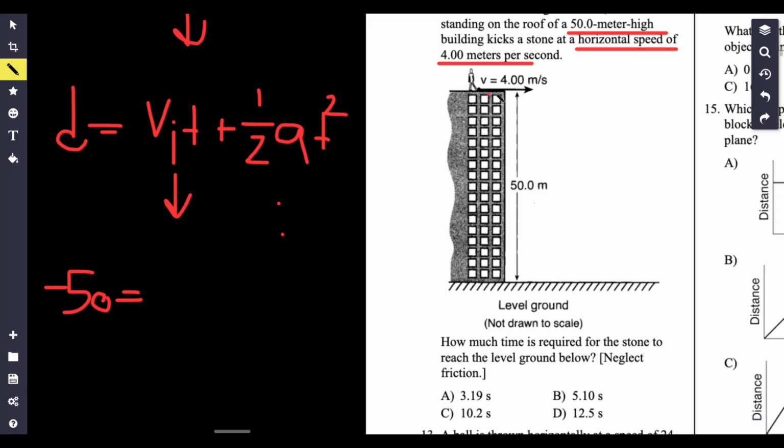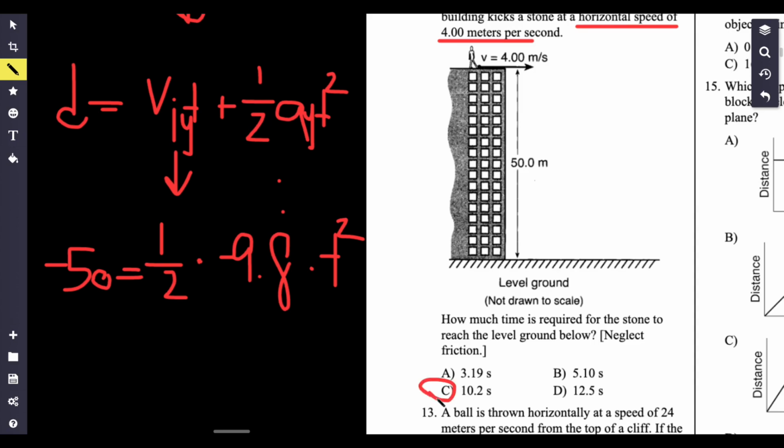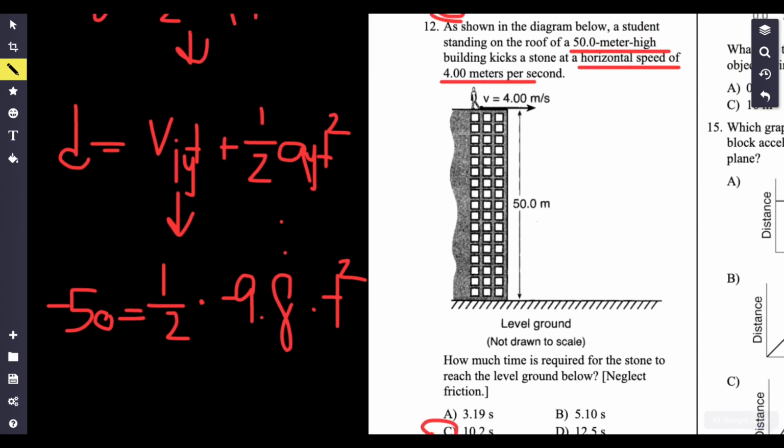So our initial velocity in the y direction is 0, right? Because we're not moving in the y direction at all. And then this is going to be equal to 1/2 times the acceleration in the y direction, which we know is -9.8 because we're moving downwards, times t squared. So -50 divided by -4.9, I got around 10.2 seconds. Or actually,